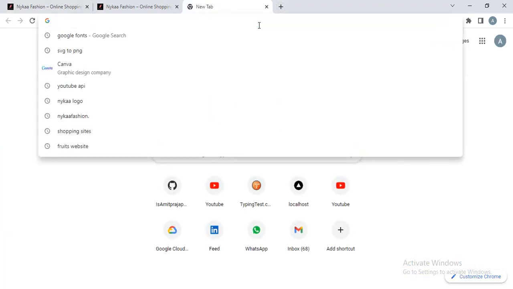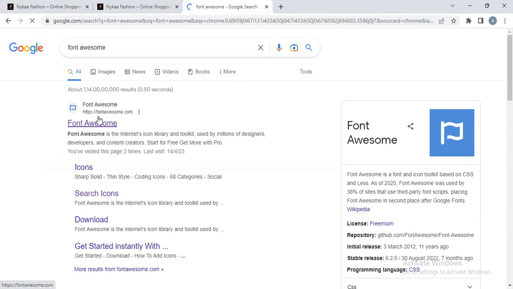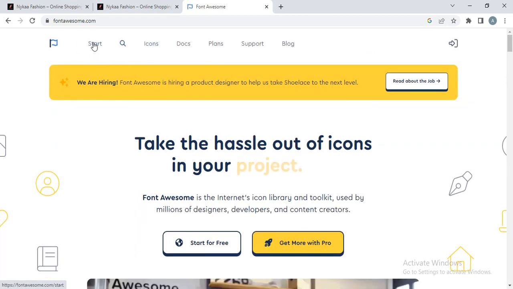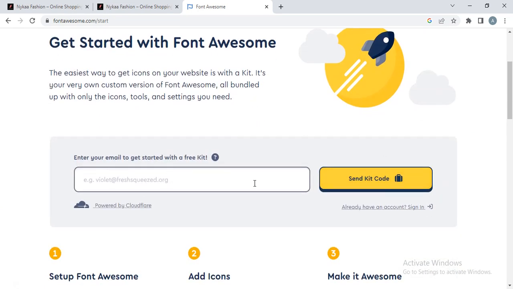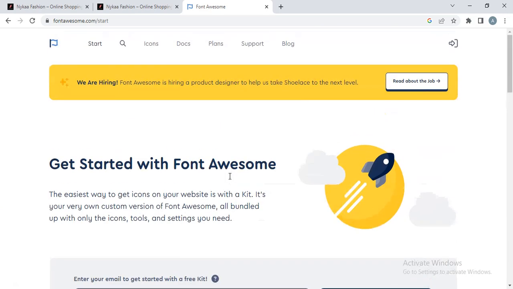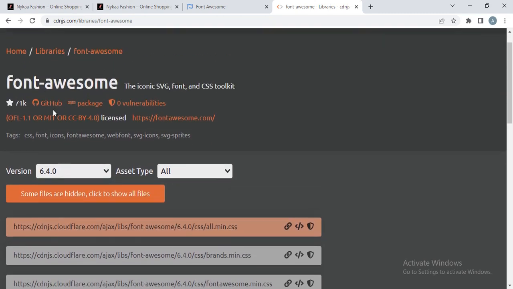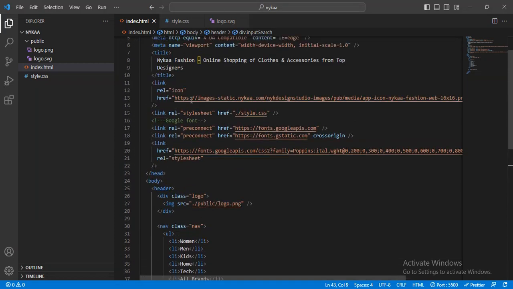For that I will use Font Awesome icons. Here you can use multiple icon forms for your website for free, and just click on start. Here you enter your email ID, and it will send you a script file that you add to your code. But in this video I will use the cdnjs content delivery network. Just copy this one and go to the VS Code editor, and inside the head section